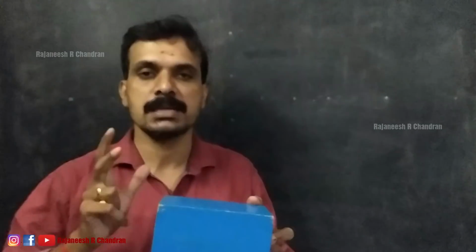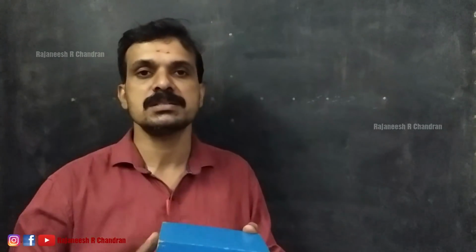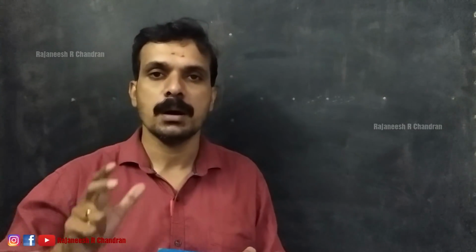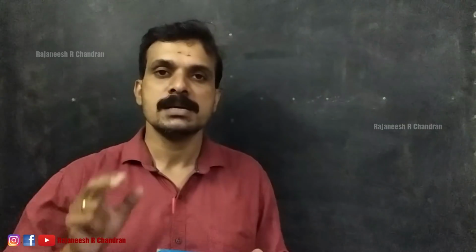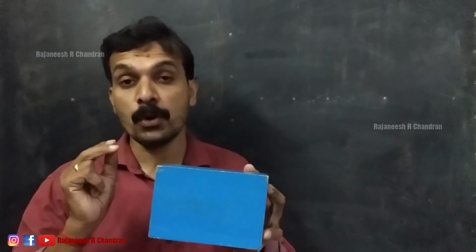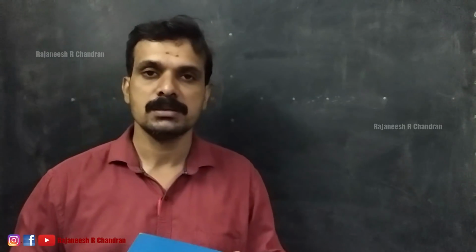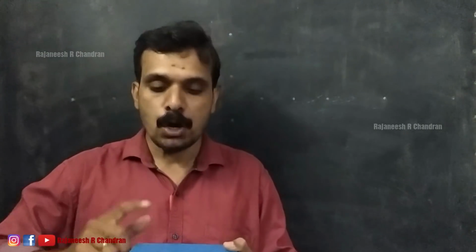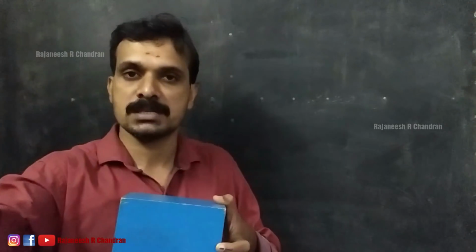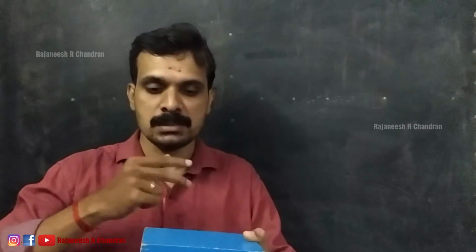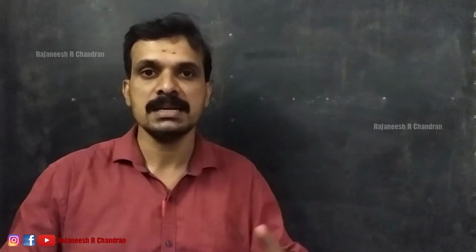Okay. I have already told that the method of projection is used for representing any three-dimensional object onto a two-dimensional plane. See, this is a rectangular block. How can this rectangular block be represented on a two-dimensional plane by the method of projection? We know that this is a three-dimensional object and we cannot represent it as such in a two-dimensional plane. So we will observe this object from its front, from its back, from its top, from its bottom, from the left side and from the right side,